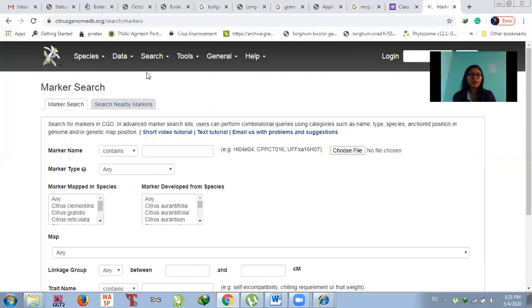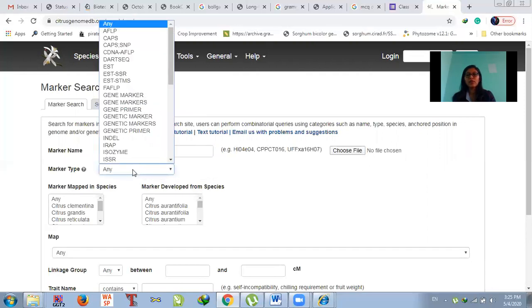Suppose you click on the marker search option, the window will look like this. And you can choose your marker of interest, put the marker name directly, or otherwise search if you want to find all markers which are mapped in a particular species, or which were developed in a particular species.